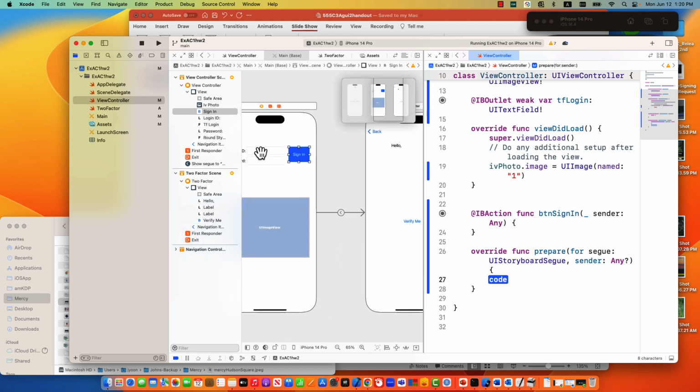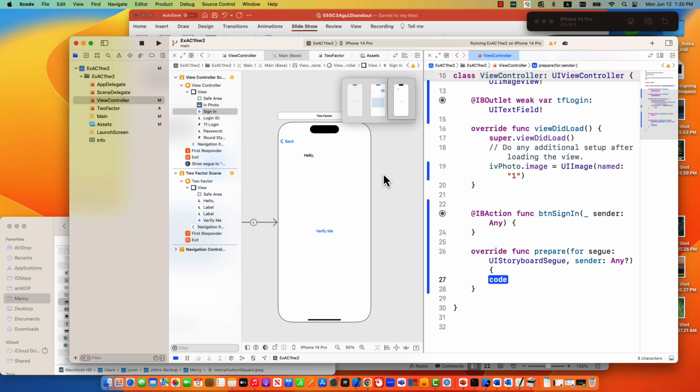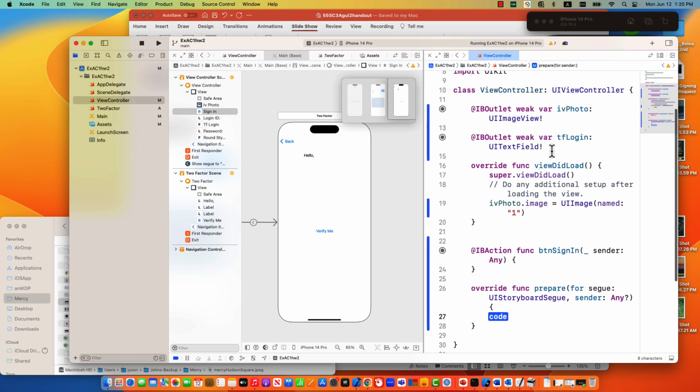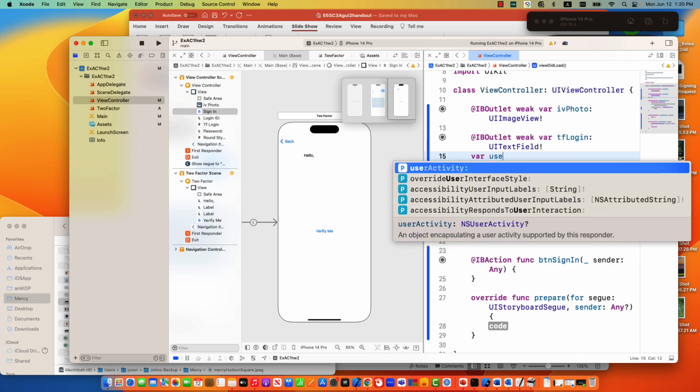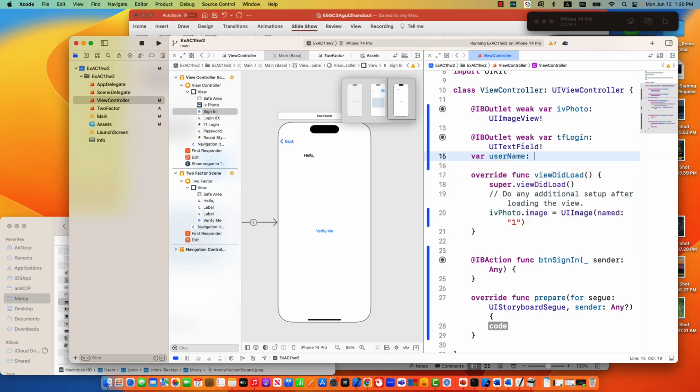When user enter login ID, Wayne, click sign in, then this second view comes up. When this second view comes up, automatically your name appears here. That's what I want to do, right? So that username needs to be another variable. So you can put here variable username, that is